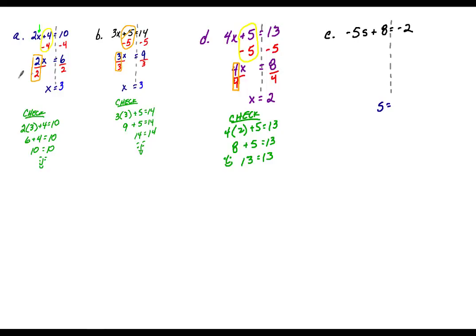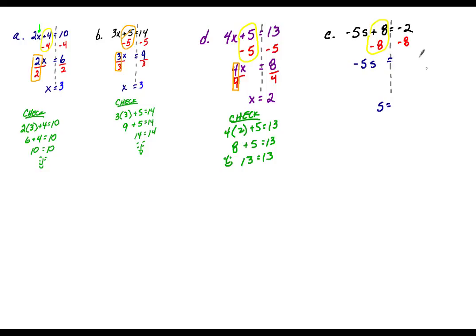S is the unknown. So we have plus 8. We're going to take away 8 to cancel that out. That's the opposite. So these cancel. Plus 8 minus 8 cancels out, which means that we've got -5s left,